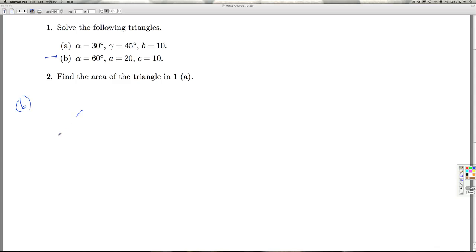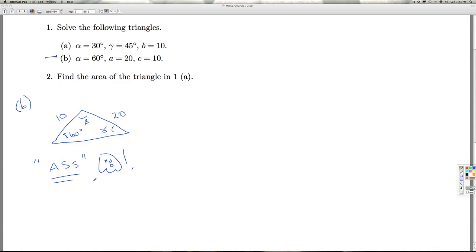So if I try to draw this out, sort of in a generic triangle here, I'll call this angle alpha, so it'll be 60 degrees. A is the side opposite that, that's 20. That's the angle I'll call beta, that I'll call gamma. And then the side opposite gamma is what I'm calling C, and that's 10. So I'm in the case here where I'm given an angle, one of its adjacent sides, and then its opposite side. So it's the ASS case,